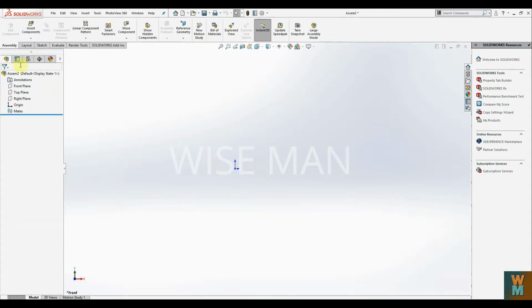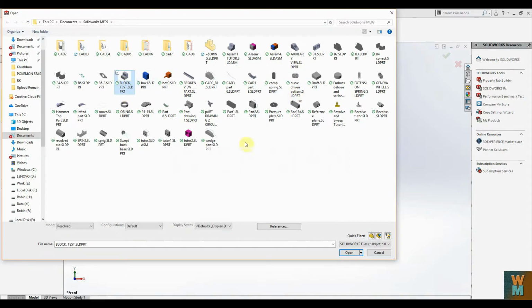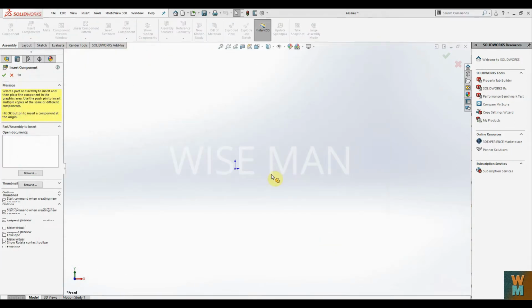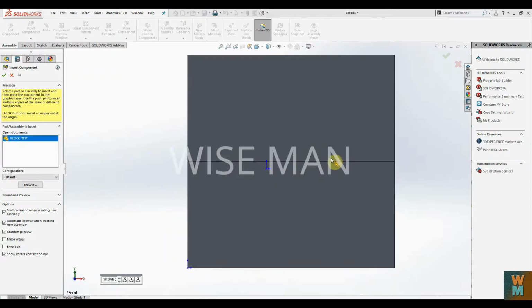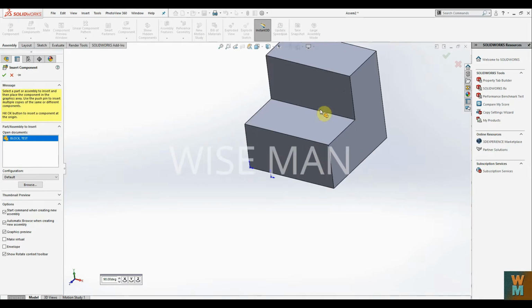And so let's start. You have to go to insert component here. It will pop up a window which has some parts. If you've already made it, you can get your Solidworks part file. So here I'm going for a part file. Let's say this one, SLDPRT. This is the part file block, and I will open this part file. If I open it, you can see that you can place it, you can move this block, and you can